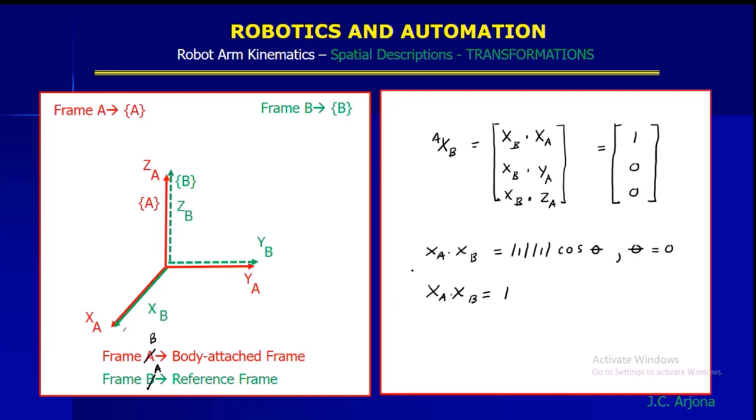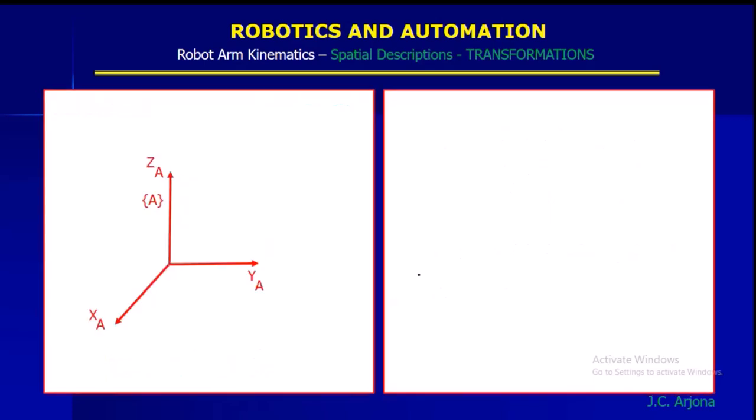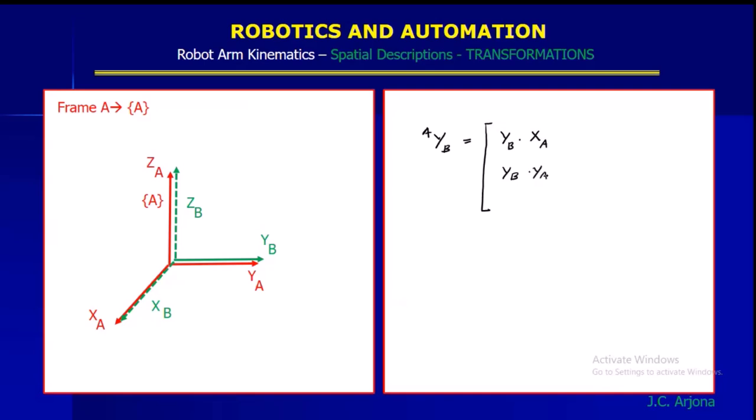Next, the same, this time for the YB. So determining the YB, you have here the rotation of YB to A, which will be the dot product of YB dot XA, YB dot YA, and YB again dot ZA, is equal to,